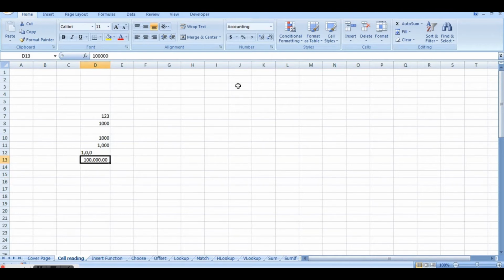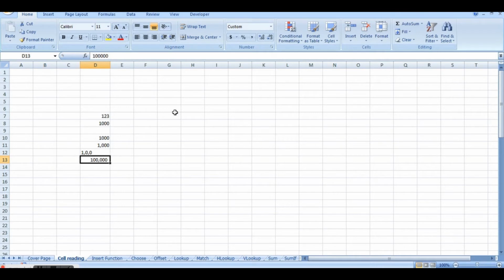Now if you want to remove these decimal points, just next to the comma style, you can see increase decimals and decrease decimals. Now here we want to decrease it, so you simply have to press the button the number of times you want to decrease the decimals, or if you want to increase the decimals, you simply have to press the increase decimal button the number of times you want to increase. We remove it here and we can see the figure of rupees 1 lakh being separated with suitable commas.